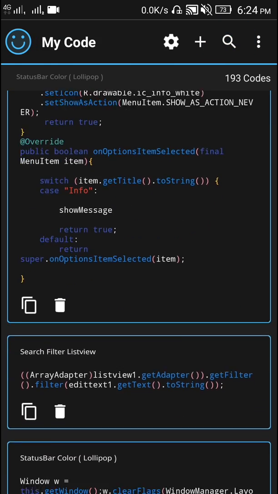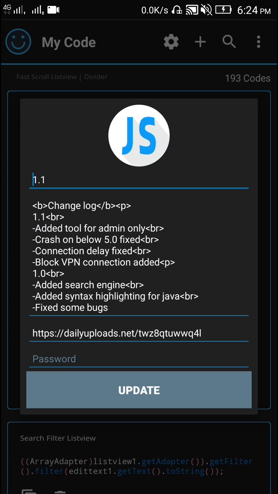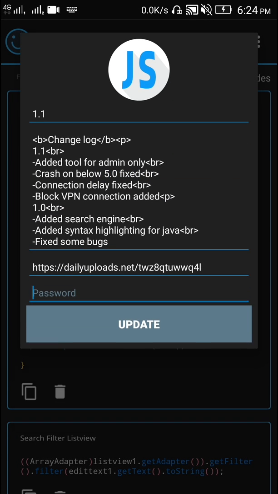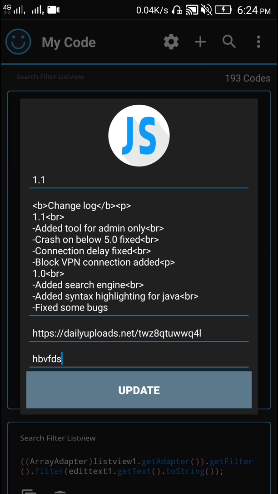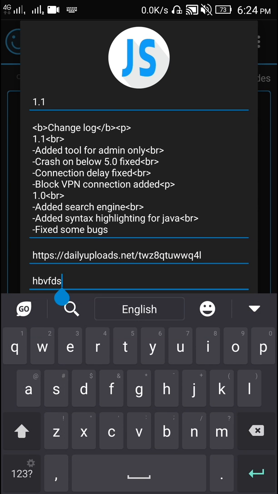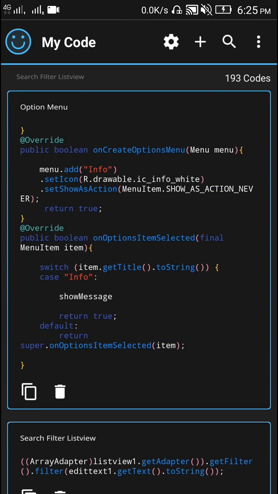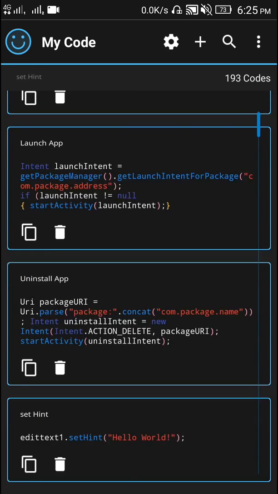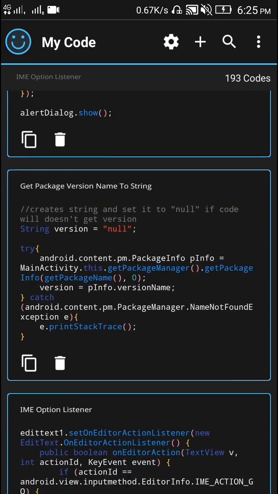And this application has a tool here, but this tool is for admin use only. If you want to break the code, you can't, because this is for admin use only. Yeah, if you scroll down here guys, there are a lot more cool codes inside this app and you should try this